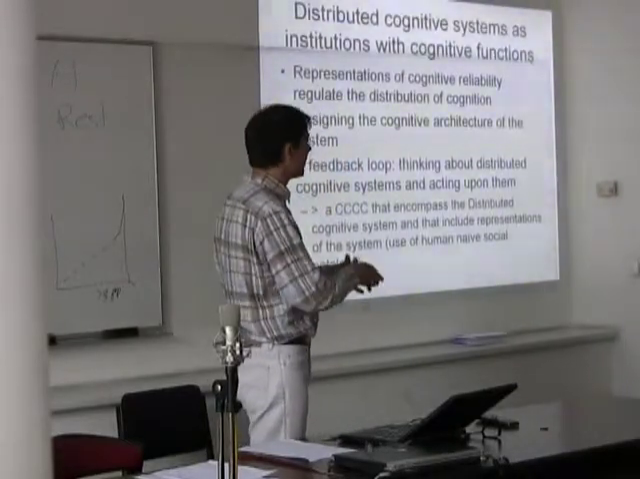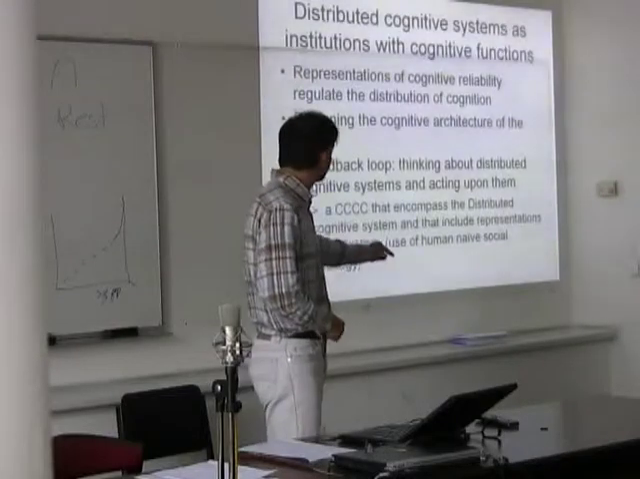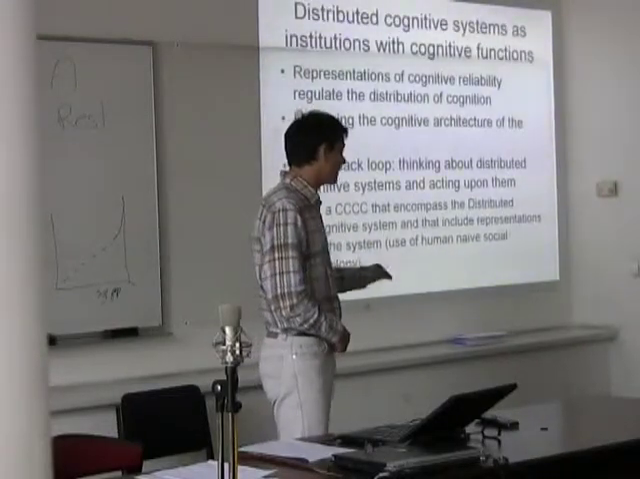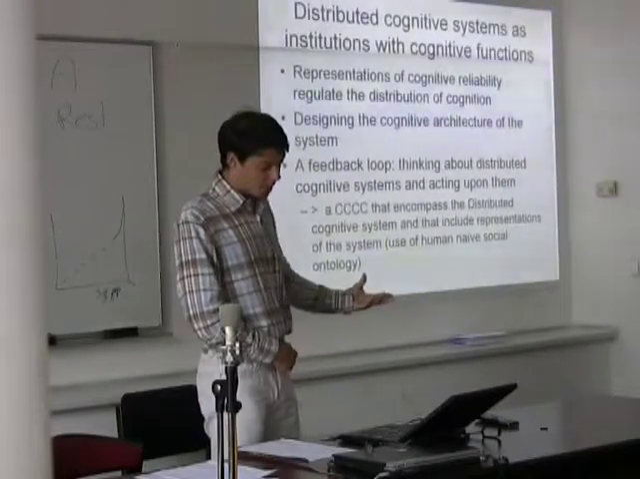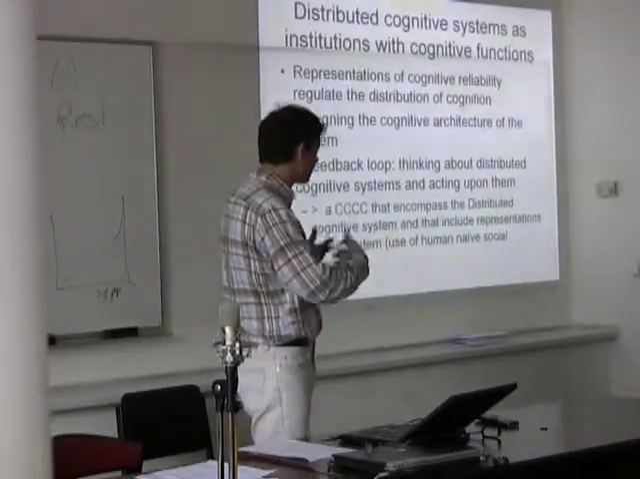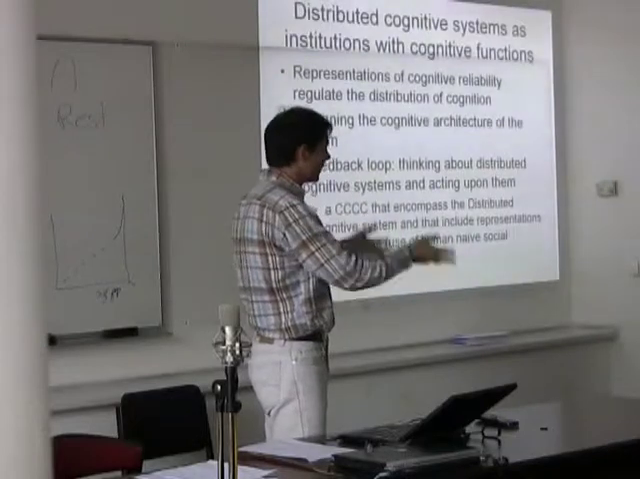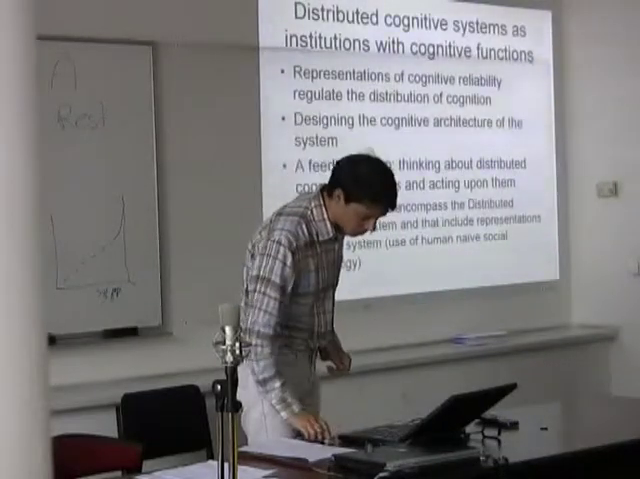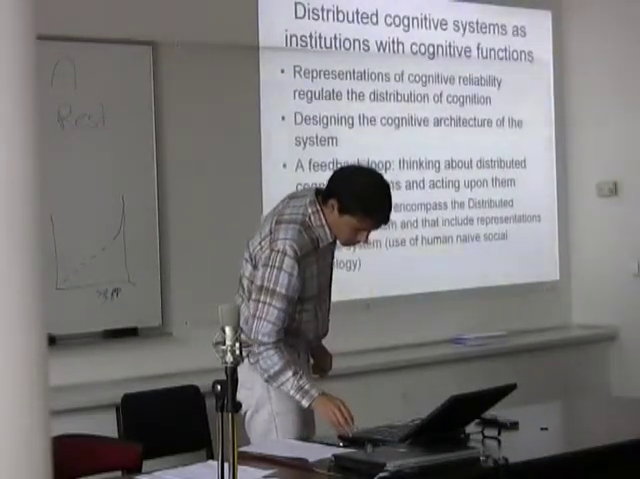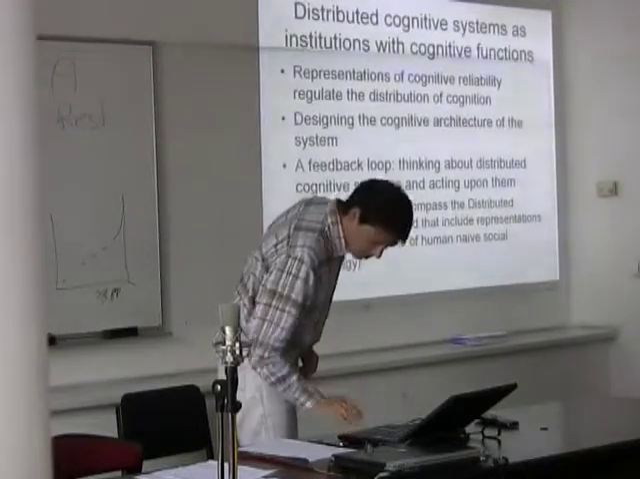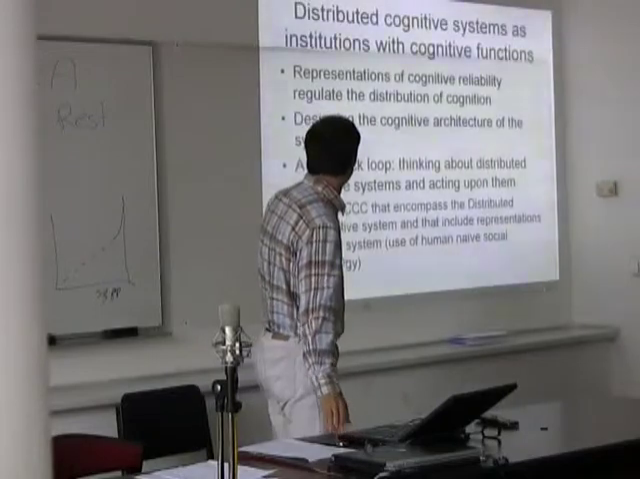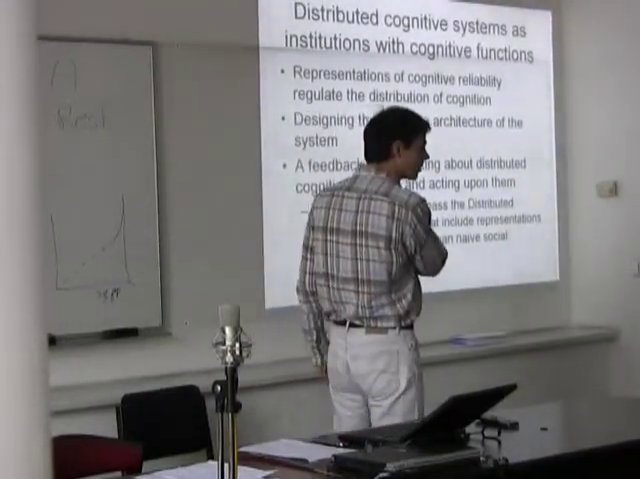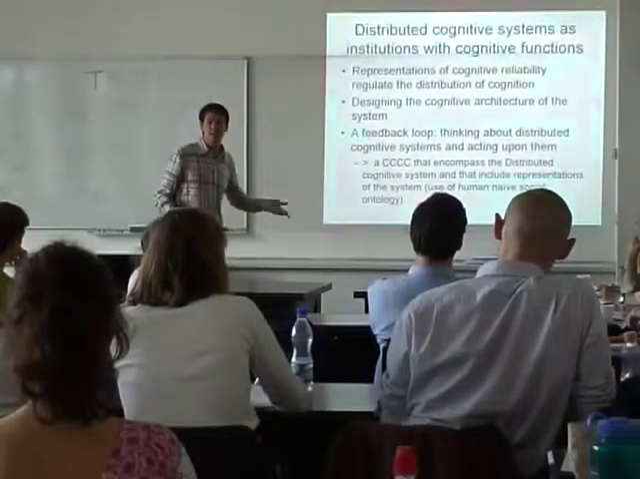We have this regulative representation. I can trust this computer for doing this and that. And this representation regulates how I will actually produce a proof and how I will manage with the proof. In the end, we get a feedback loop, because thinking about the distributed cognitive systems, that is, thinking about, well,